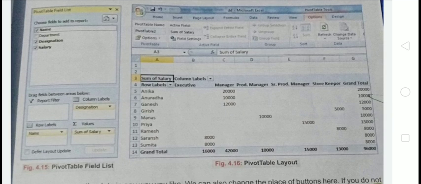This is your screen and the pivot table will look like the given type. Here sum of salary, then executive, then department, then storekeeper, grand total. These all are the given records.